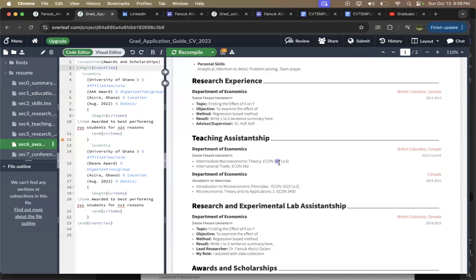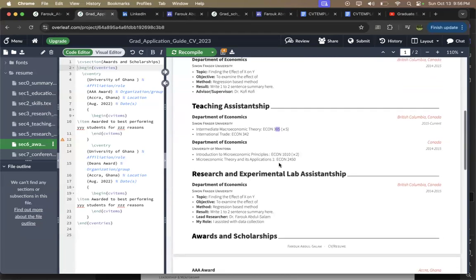Yeah. So I also want to add that if you are a teaching assistant, you also help your professor or your lecturer in conducting research. It is also important to add that. So maybe you can make it a teaching and research assistantship, and then mention that as well, and also add that you assisted your professor in data collection or cleaning or something like that.